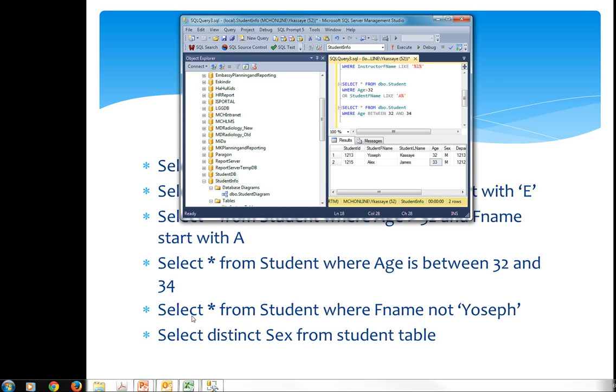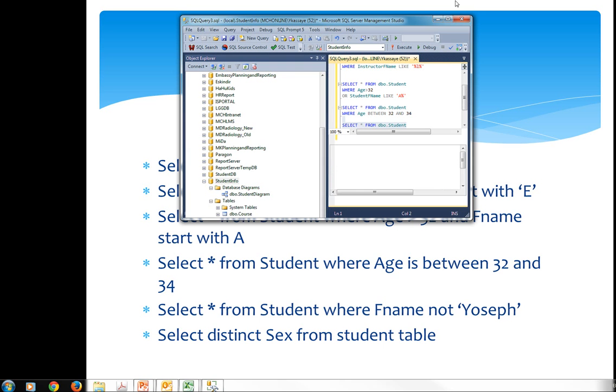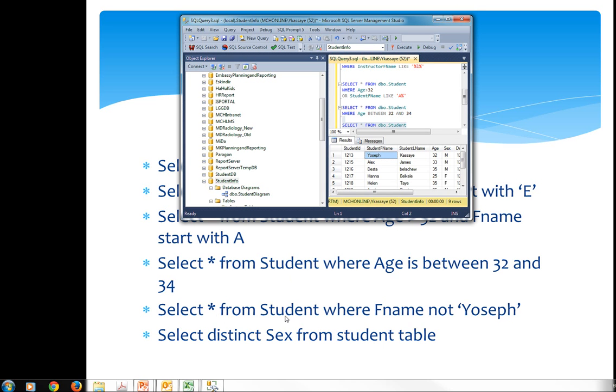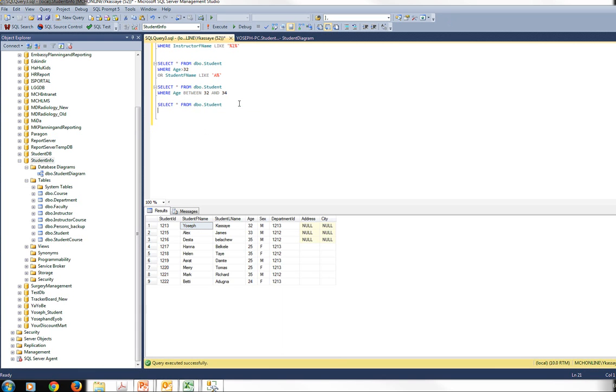That's done. And then the other question is select all from student where first name is not Yosef. Let me first select all students. Select all from student. If I execute this one, there is a student named Yosef, and I have been asked to select all students but not Yosef. How can I exclude Yosef? This is very simple. What you can do is use a where clause and then student first name,